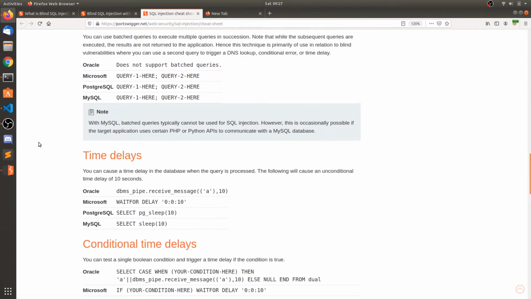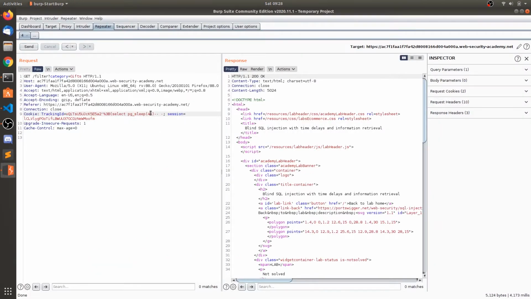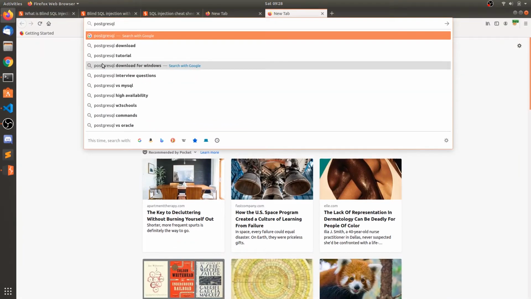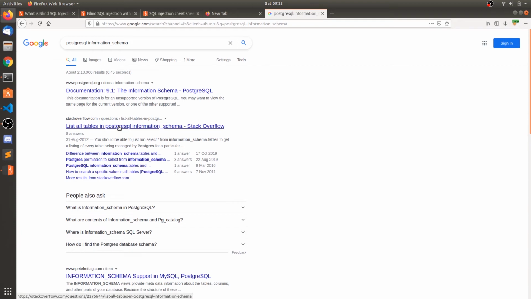So for PostgreSQL, we need to use this: case when 1 equals 1 from... PostgreSQL is also like MySQL.